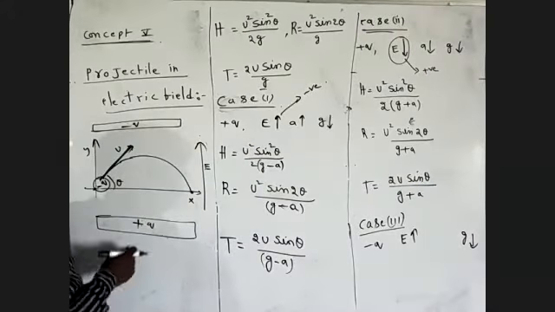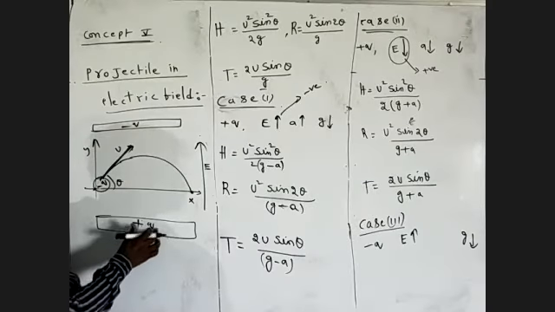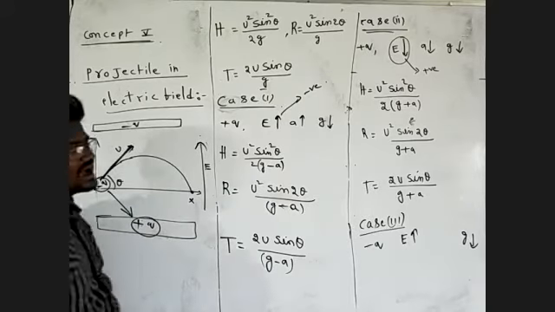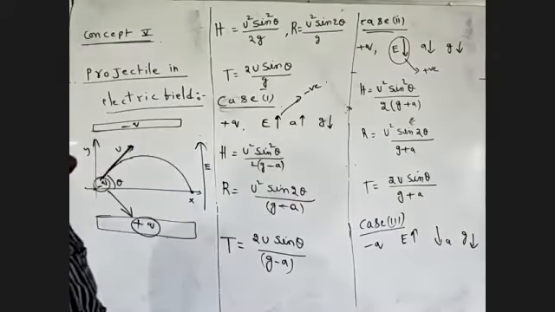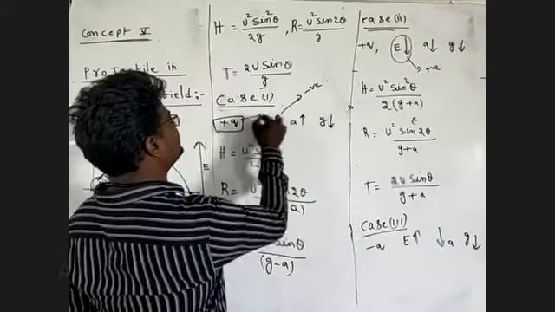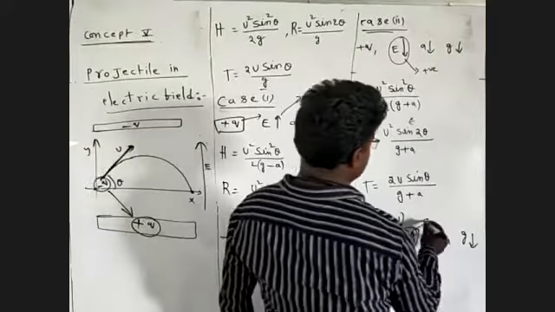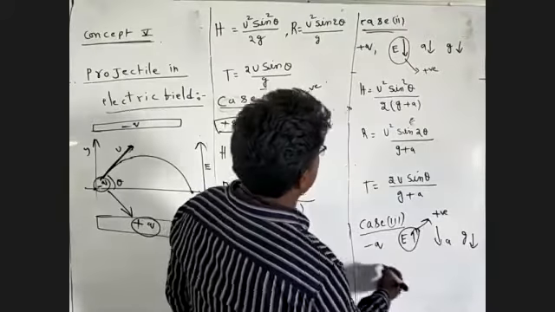And the acceleration of the charged particle: this is a positive plate, and this positive plate will attract the negative charge in a downward direction. The acceleration of the charged particle is also in a downward direction. Now, how can you write this? Here the charge is negative and the electric field is upward, so you can take the reverse. Here you can take it as positive.